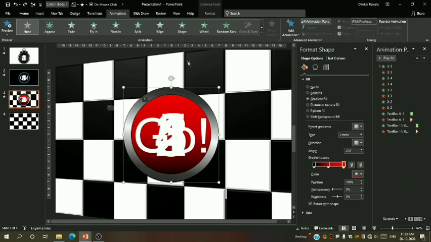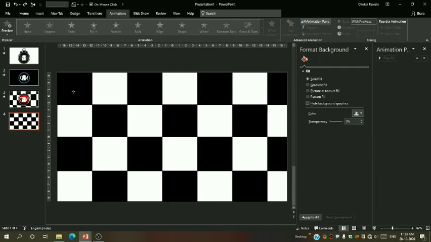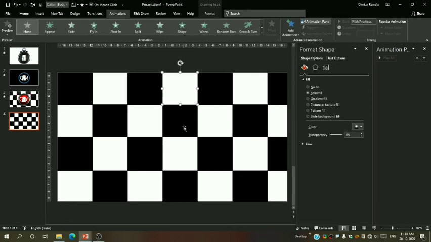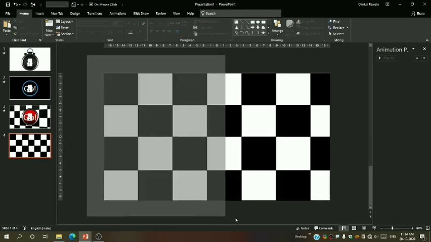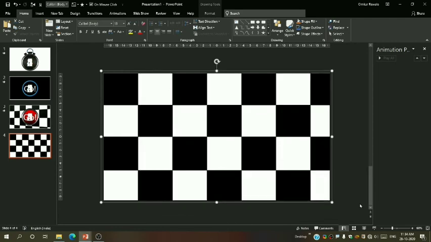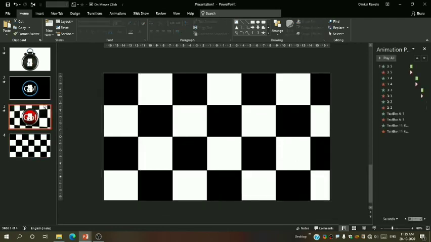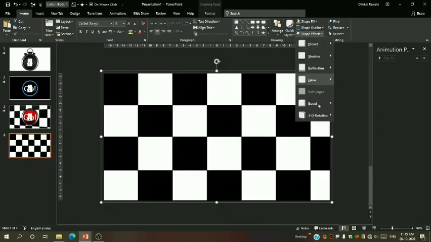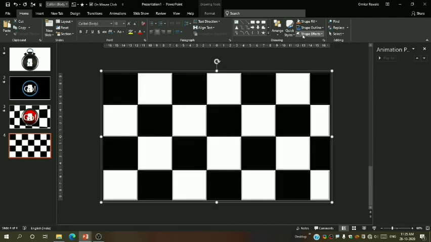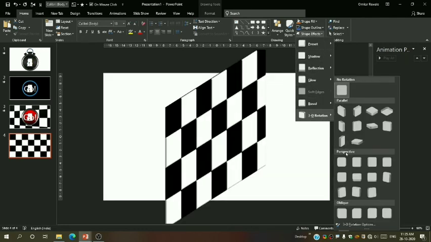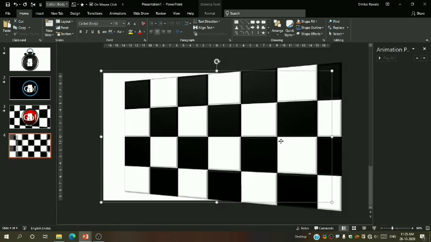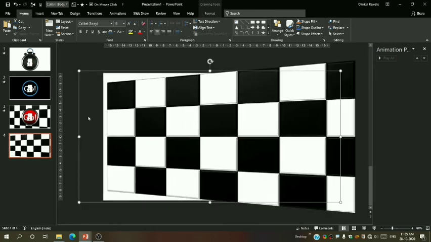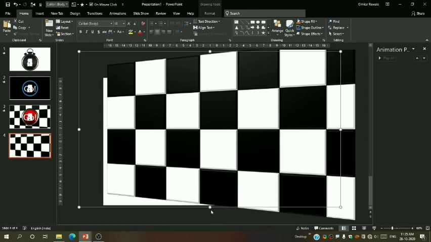And the background I have just simply added some boxes. Let me ungroup this. These are the squares. Now it is same like the chessboard only. Let me again group this by pressing Ctrl plus G. Now I will show you how I turn this one to this one. The thing is, I select this, go to shape effect, go to reveal, select the last one, and again shape effect, 3D rotation. Under the perspective, select the second one and just arrange it by making it bigger so that it covers the complete slide.